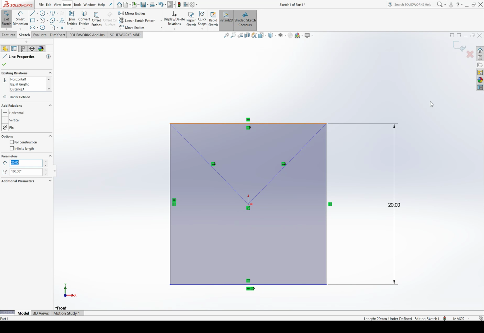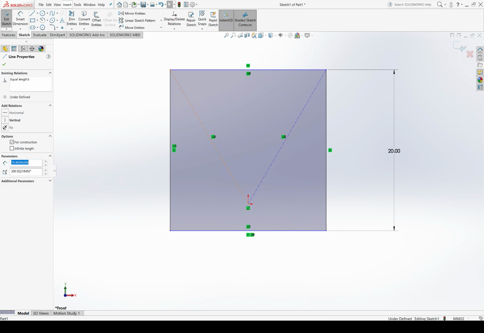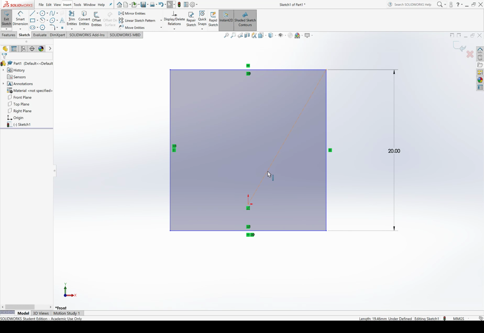Well, that leads me to my third option here. I personally don't like adding construction lines unless I have to. There are more elegant ways to do this without adding additional entities for SolidWorks to have to keep track of. So a third option here would be to avoid using construction lines. By the way, I could have added a bunch of construction lines. I could have said a construction line from each corner to the origin and told them to all be equal. I could have added construction lines in the center of the top, going to the center of the bottom, and the center of the right and the center of the left, and have those intersect and be perpendicular and of the same length.